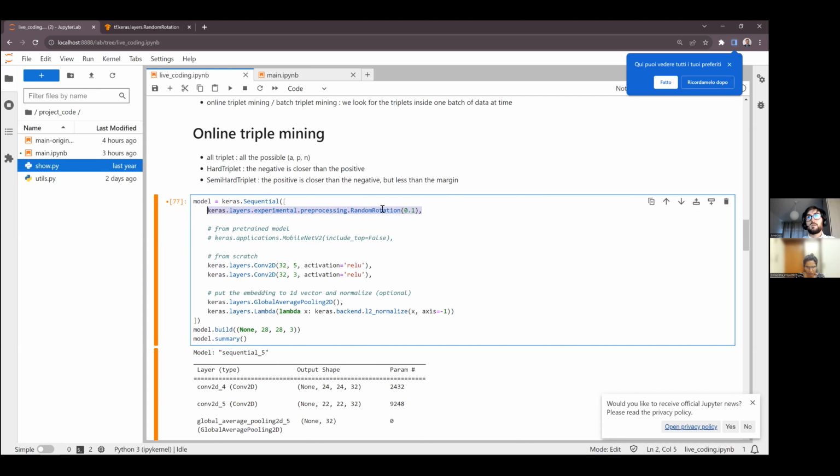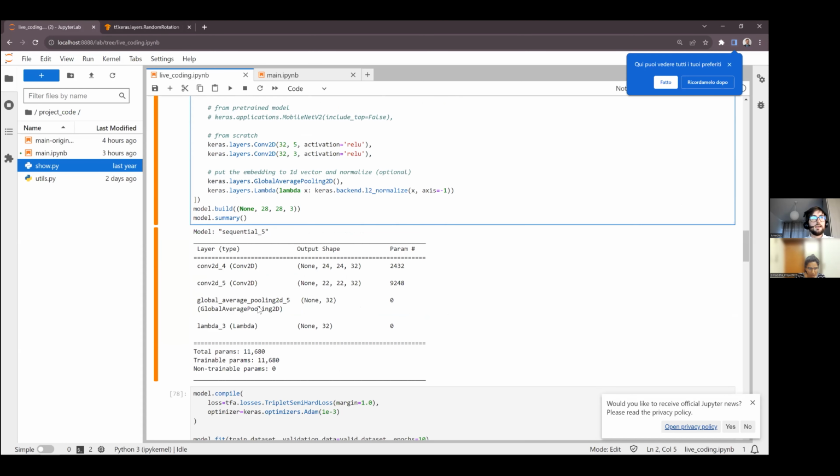So it will not rotate images for the validation dataset unless we specifically say, hey, I want you to consider this as training. But in general, we do data augmentation during the training, and we do nothing during the prediction.